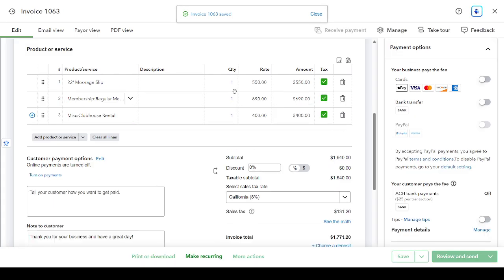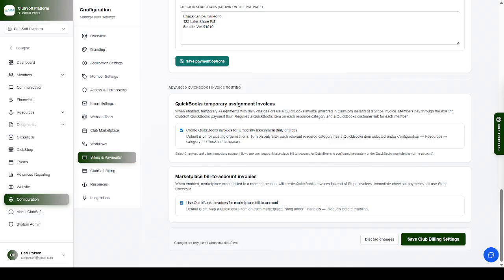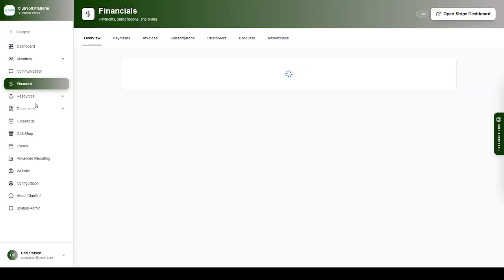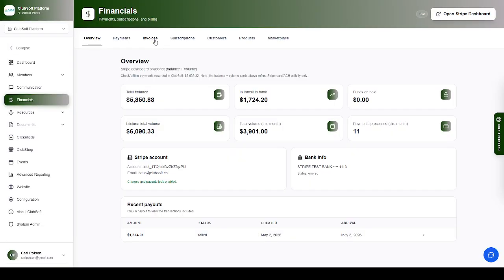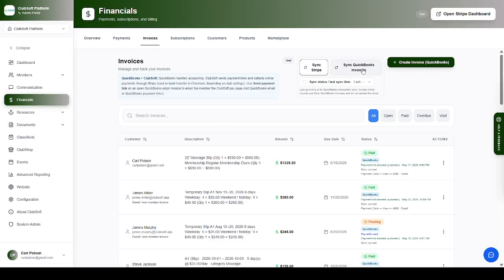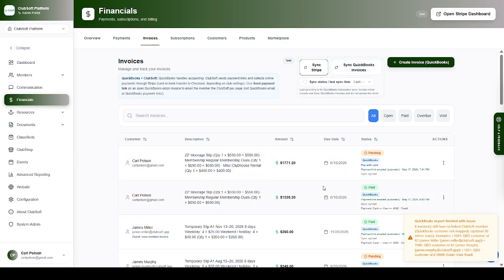And that is it. So then what happens is automatically the application will pick up that invoice from QuickBooks and automatically send it to your members. So that usually happens within an hour period. Or I can go here to Invoices and I can say Sync with QuickBooks. So now you'll see that that new invoice is synced. Here's my invoice. Now if I jump to my email,